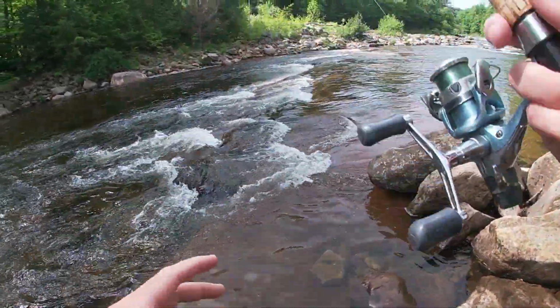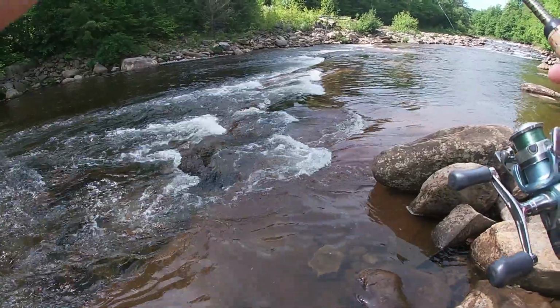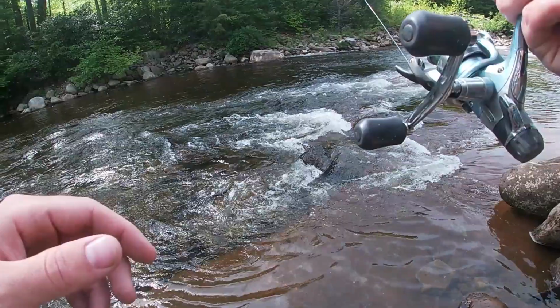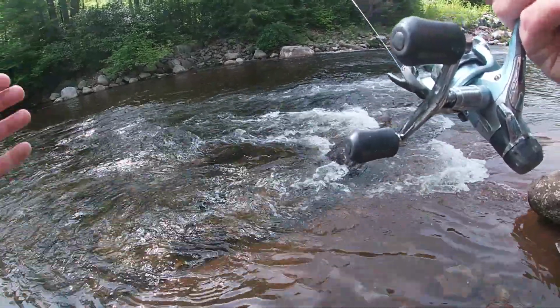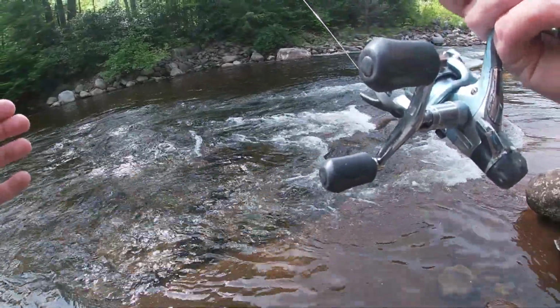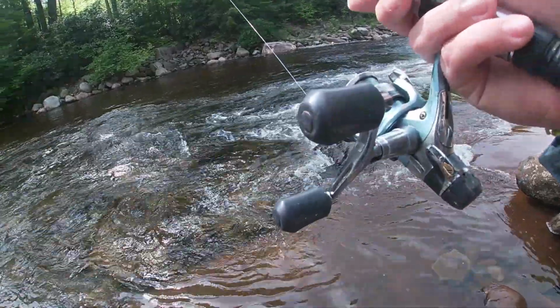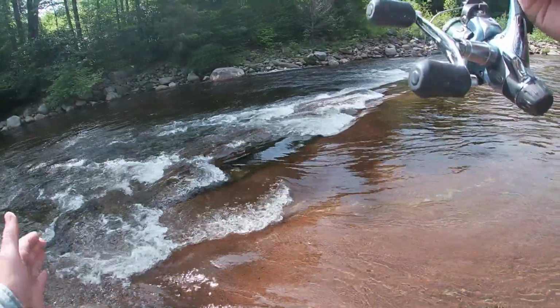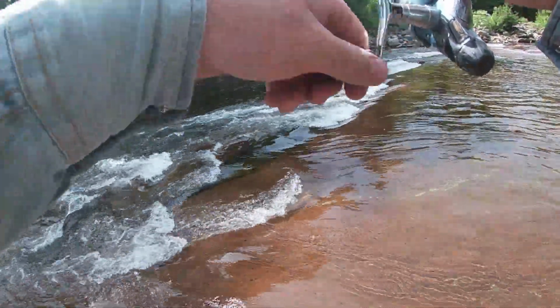Really good hole up in there. Trout just get caught up in there. It's real easy for them to hang out in there, and you can go in there and catch them pretty good. I'm catching them here pretty good, so this is only like my 4th cast. Pretty sweet. I just started throwing it over there in that channel. I had to move to the other side of these little rocks here, and